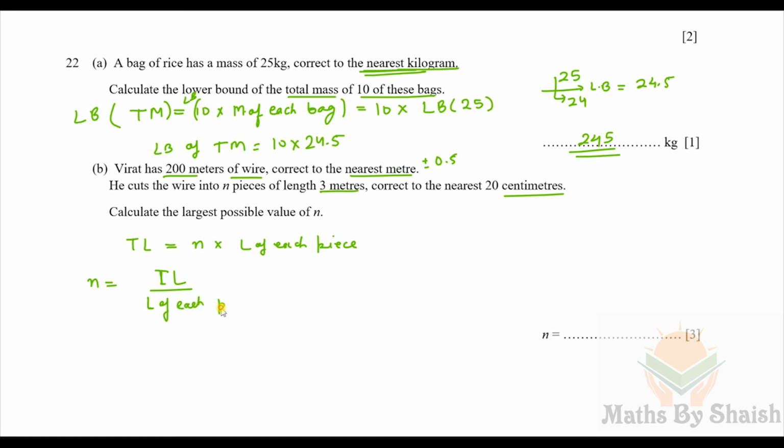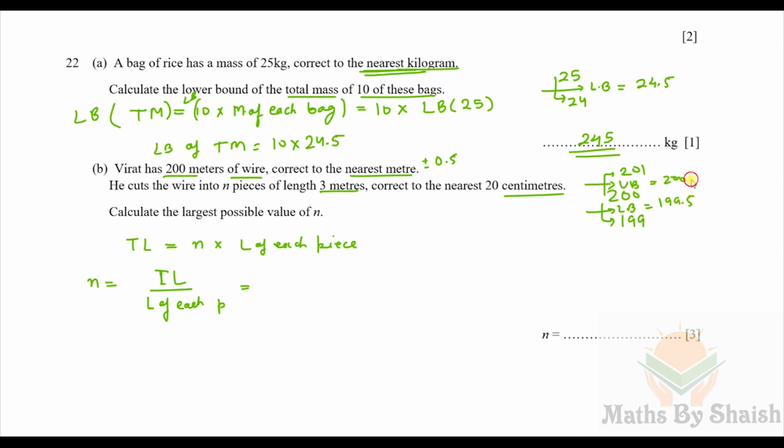The total length is not exact, it is correct to the nearest meter. First we'll calculate the lower bound and upper bound of both. 200, if it is correct to the nearest meter, the next meter is 201, below it is 199, and the lower bound will lie between these, that is 199.5. The upper bound will lie here, that is